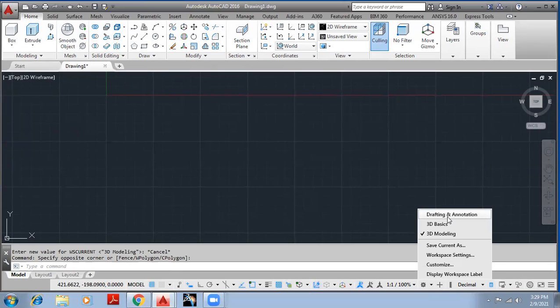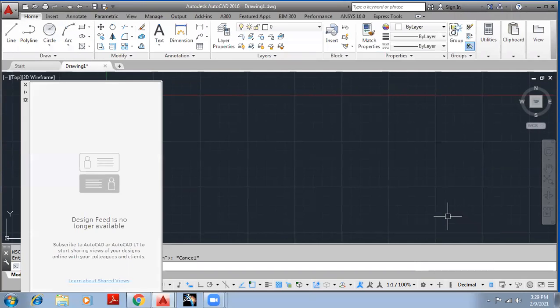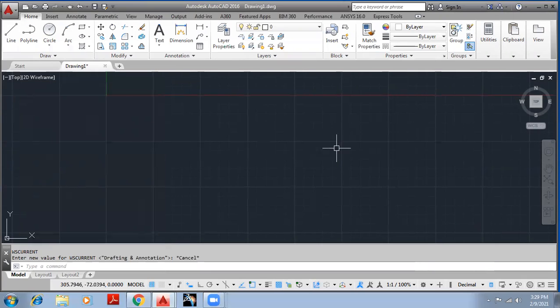At this moment, we are going to focus on Drafting and Annotation. So this is the introduction to the user graphics interface as well as the workspace on which we are going to work in this course.